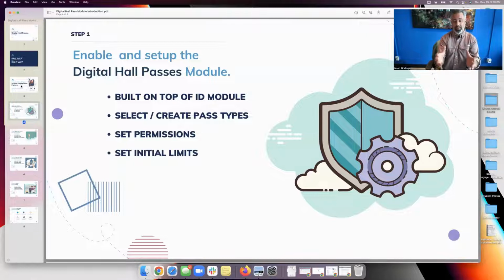From there, once we have that data and information, we take that, identify the problem areas of hall pass usage, and then put controls